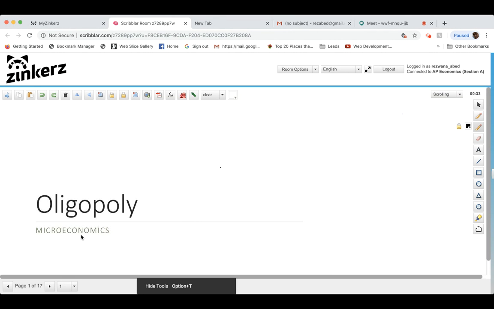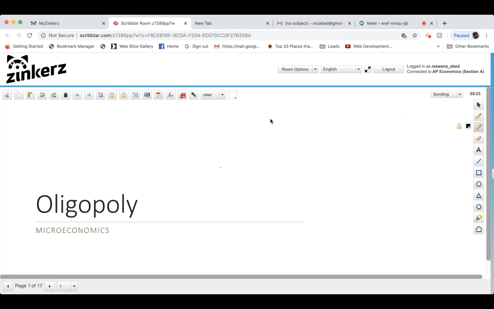So, oligopoly. We started last week, right? Thursday we discussed a little bit about oligopoly and some characteristics of oligopolistic firms. Let's do a little bit of review, just to make sure that we're on the same page, and then we can hop into the next new stuff. So what do we remember about oligopolies? And there's game theory. Yeah, so that's the new stuff.